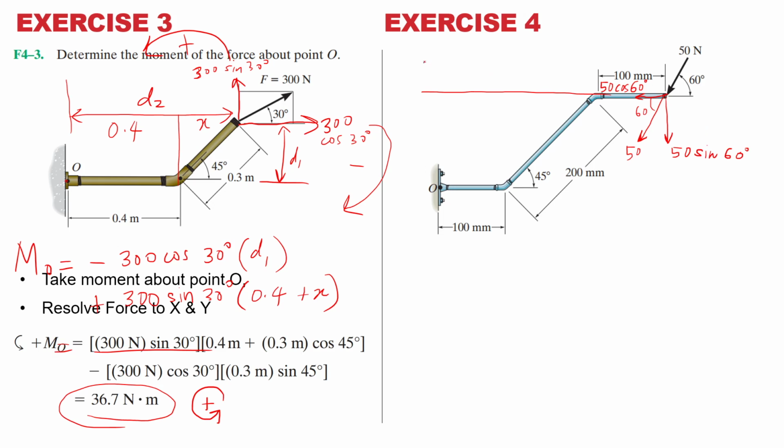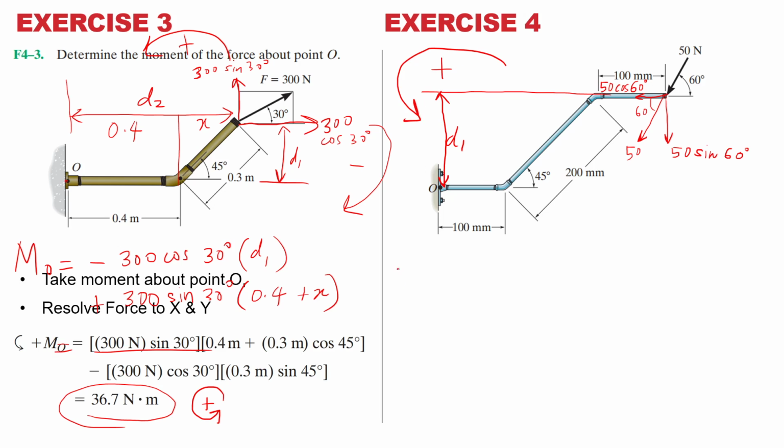This force will use this distance from the O. This is the distance, 90 degrees, okay? 90 degrees. Oh, very good, 90 degrees. Okay, so this is the distance for 50 cos 60. Write it down. It rotates like that,